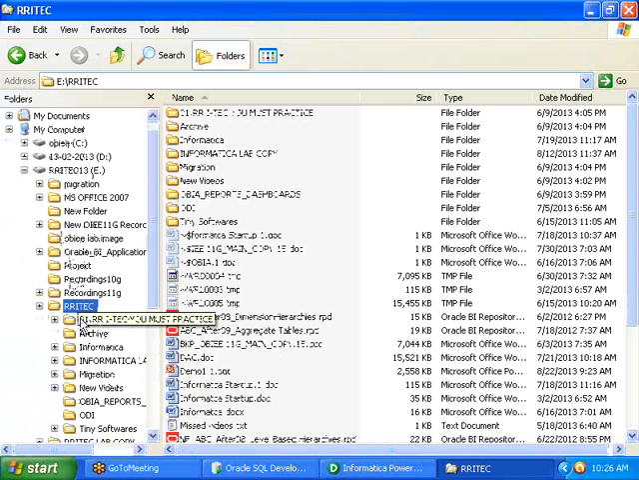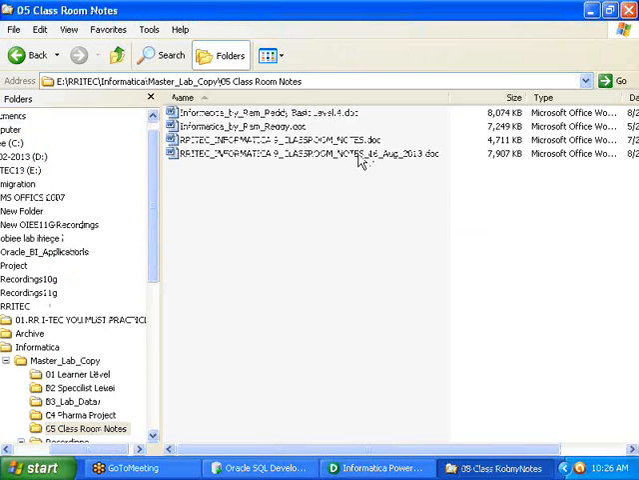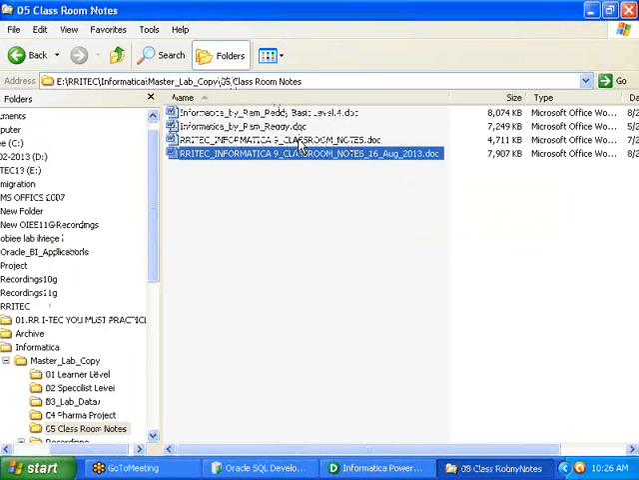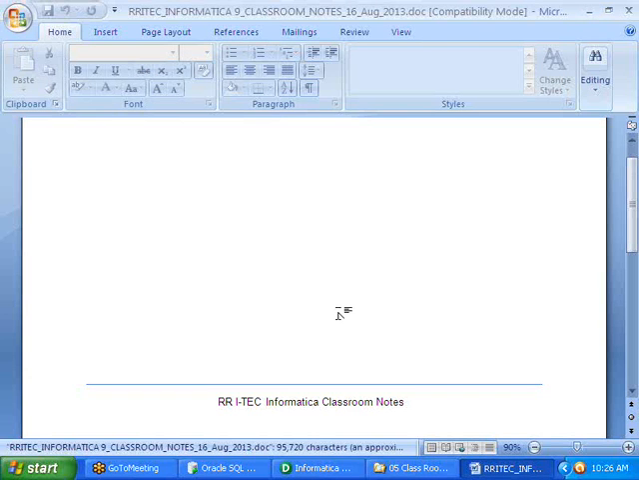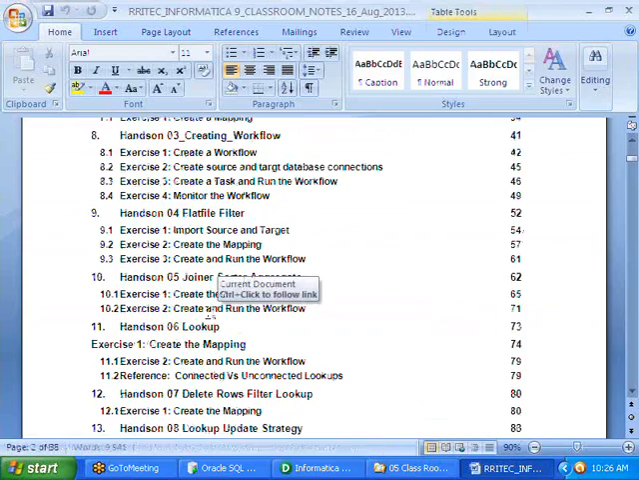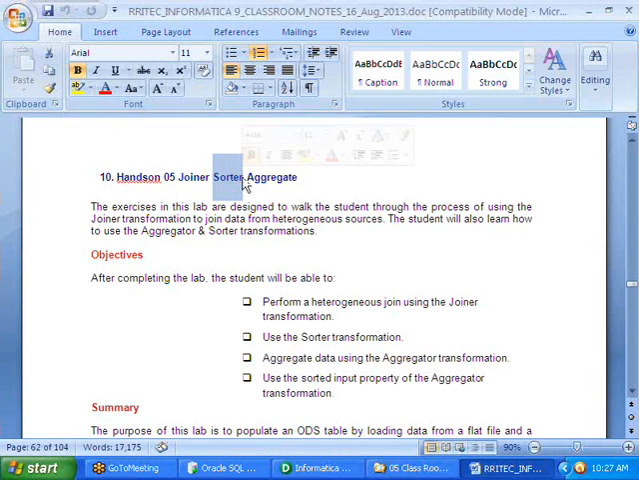Okay. And if you go to the Informatica master lab copy, our agenda is to do the aggregator in our project. This is the transformation, right? If you see, this was the Hands-on 5, we are able to do the joiner, sorter, aggregator. As part of this, we had a chance to understand what the sorter transformation